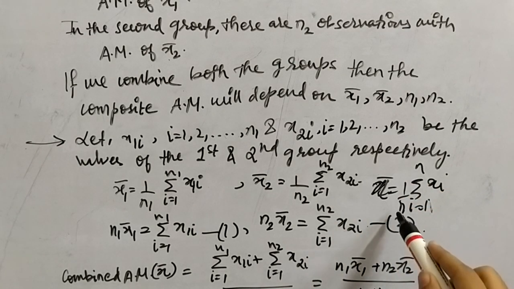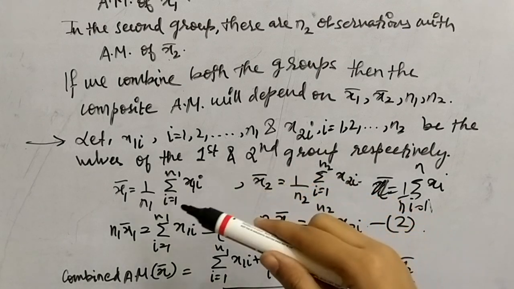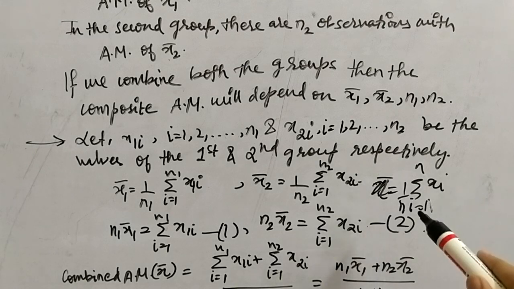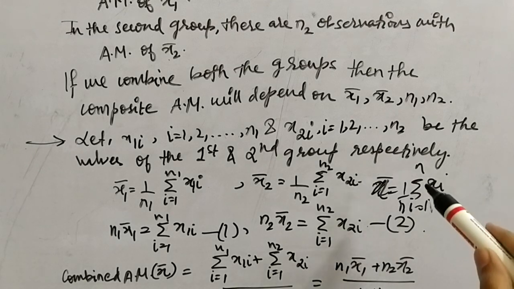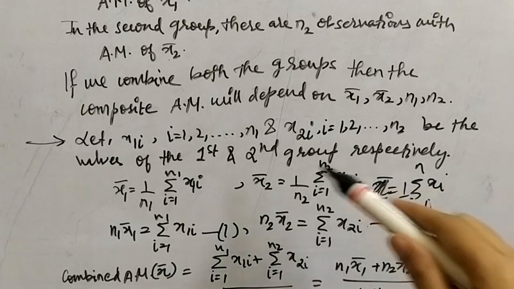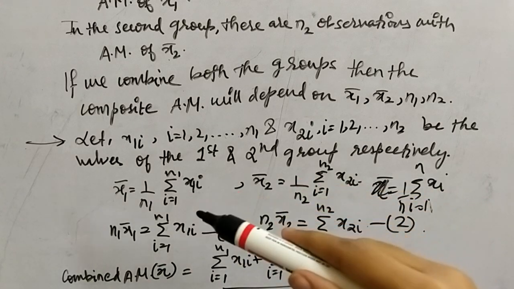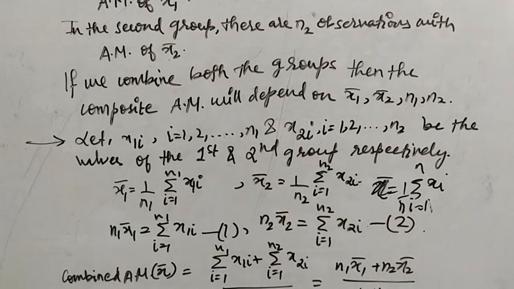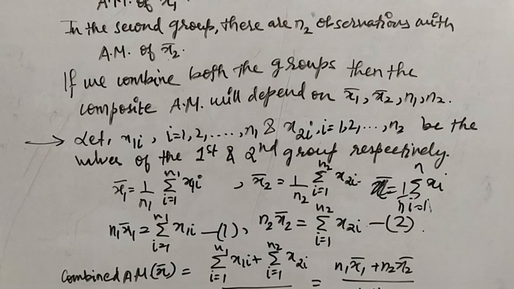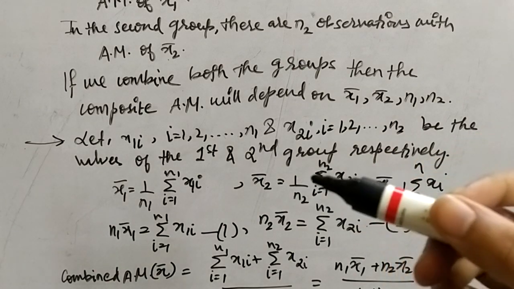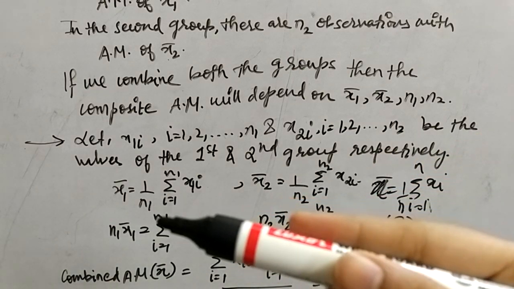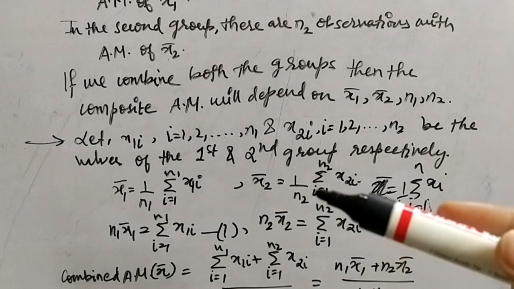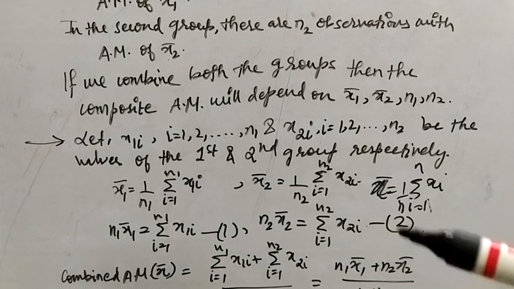Here n is what? The total number of observations. Here the total number of observations is n1. Here the variables are xi, where i runs from 1 to n, because the total number of observations is n. But here the total number of observations is n1. I just hope I made this formula very clear. So this also explains how we got x2 bar. Now we have taken n1 on one side and n2 on the other side for convenience, which we will use in the coming formula.